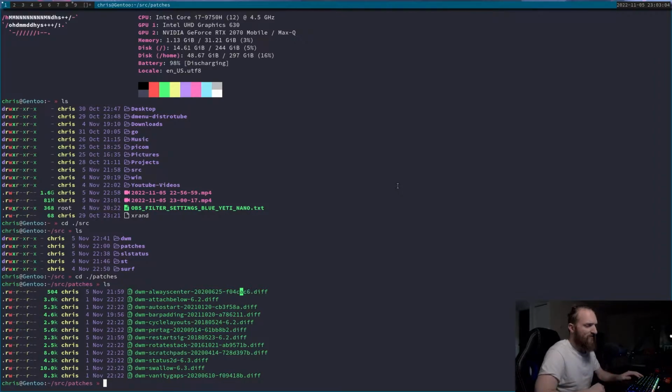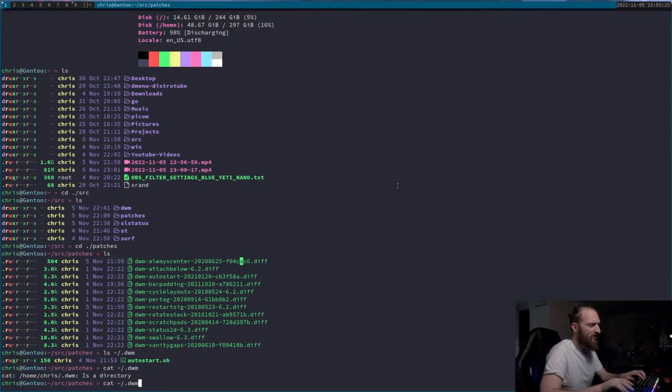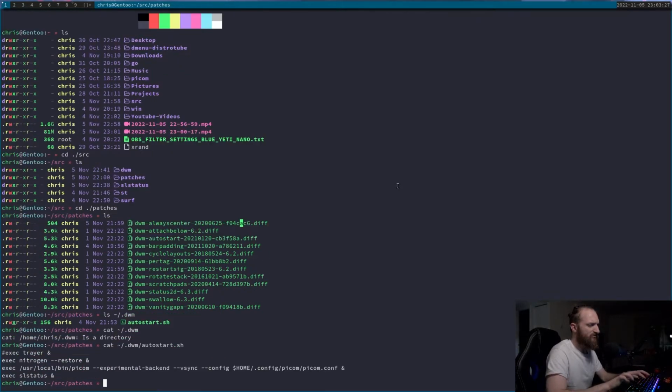So the autostart patch, what this allows you to do is have an autostart script. So as you can see, you have to make a hidden directory called dwm, and then you make an autostart.sh script, and in there you can run, like right now I have nitrogen, and that's for wallpaper stuff. I'll also have